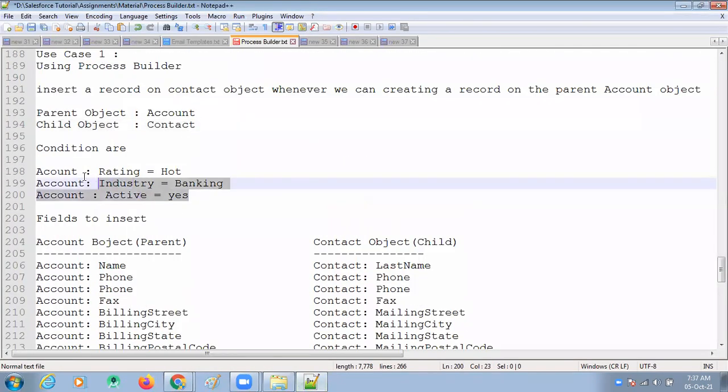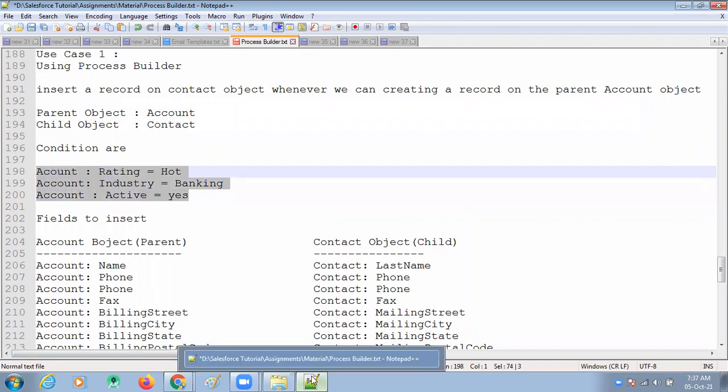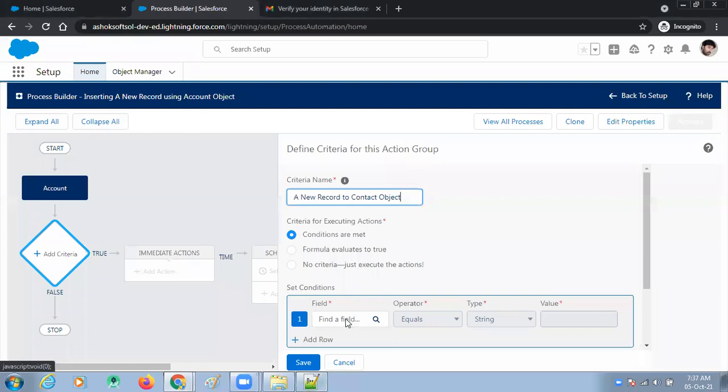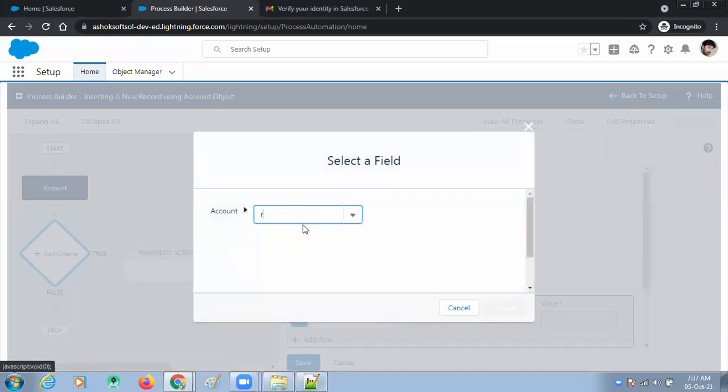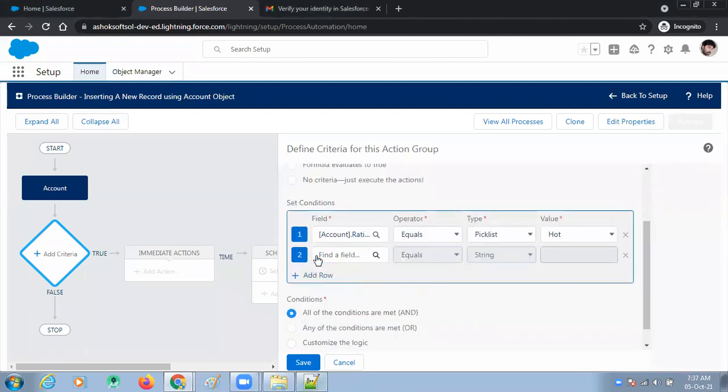You must and should satisfy these three conditions. First one is rating equal to hot. Look here, rating, account rating equal to hot. If you want to add another condition, click on add row.